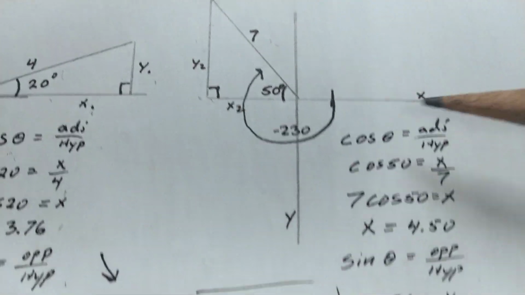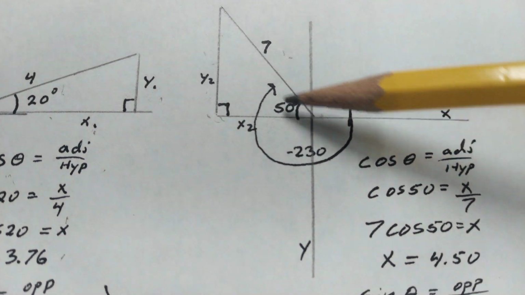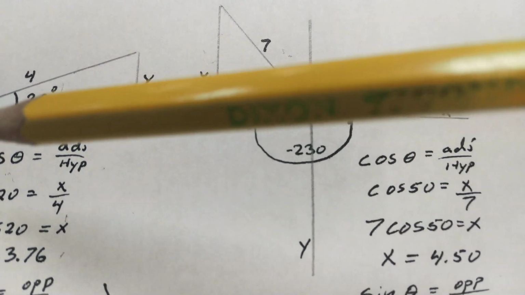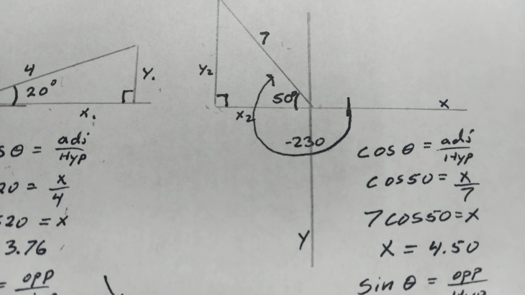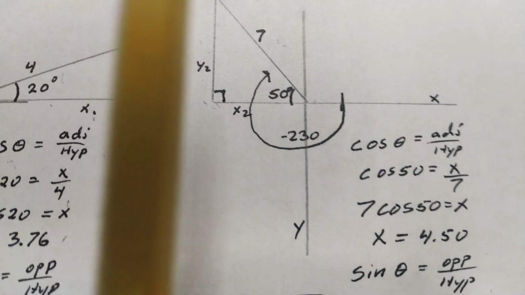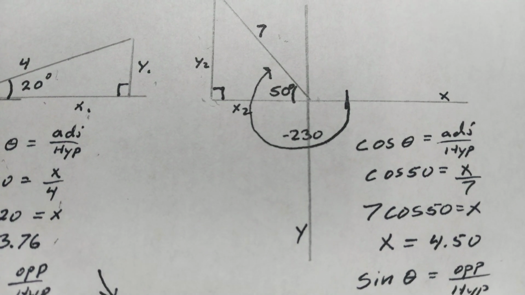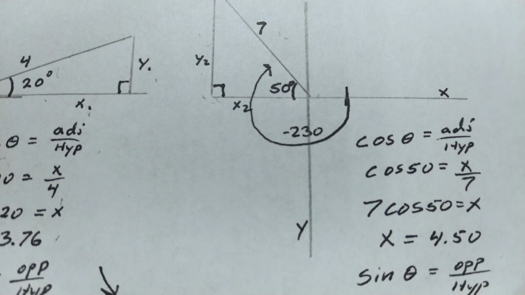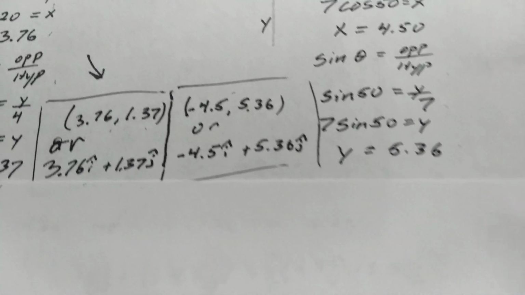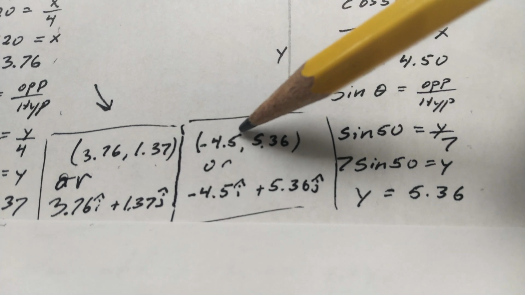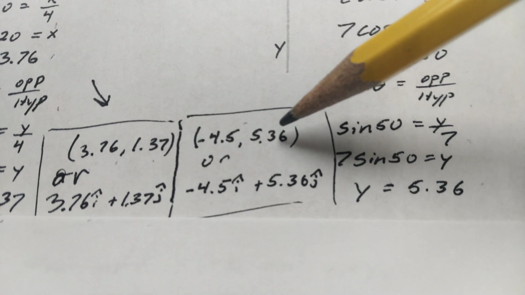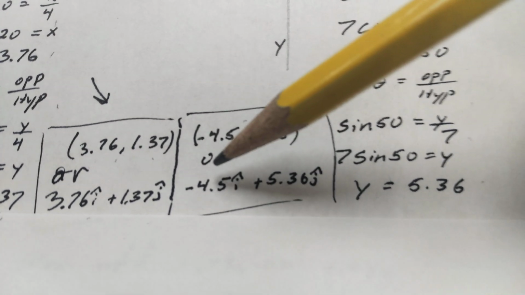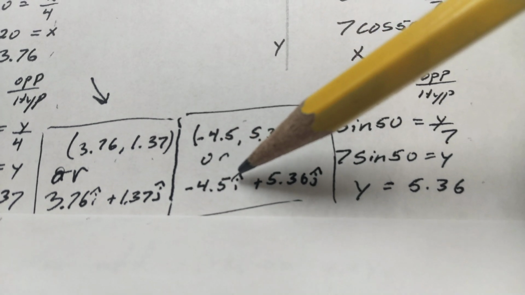And the reason is because I'm in the second quadrant. In the second quadrant, x is going to be a negative amount. It's going this direction here. Y is still going up the page, so it's still going to be a positive number. So y is positive, x is negative, and I go ahead and plug those into my correct format. Negative 4.5 and a positive 5.36, or if I'm using the i hats and j hats, negative 4.5 i hat